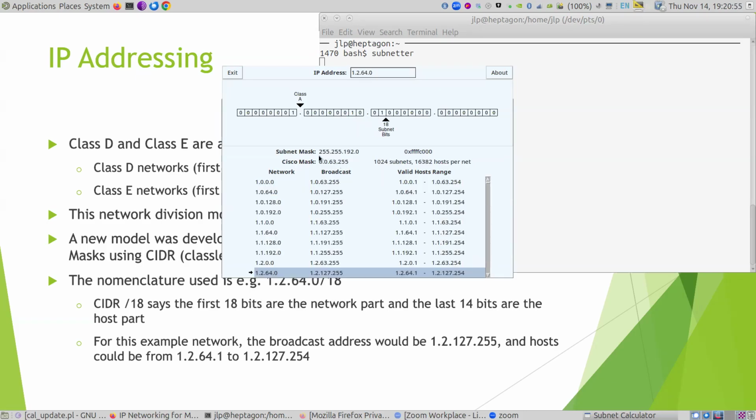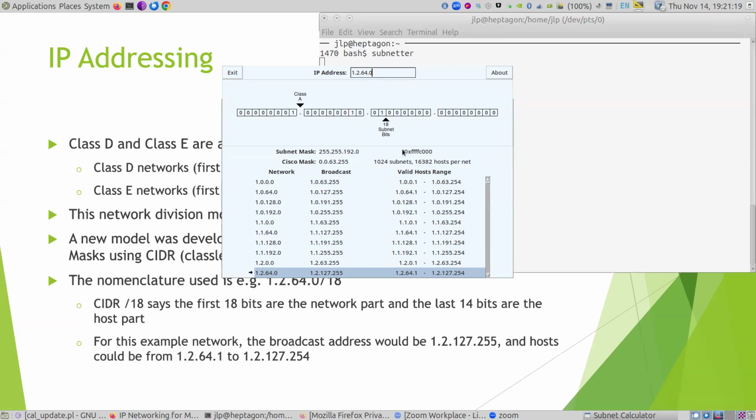And so my subnet mask is going to be 255.255.192.0. And you can see that in hex over here, FFFFC000. So the subnet mask is basically all of these are ones and the host part is the zeros, right? So that's how the subnet mask actually comes about.